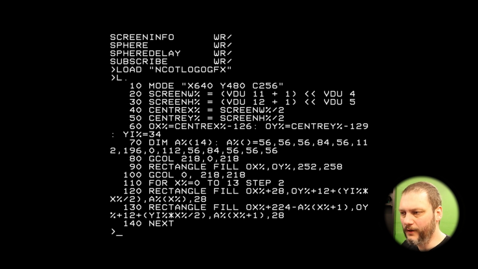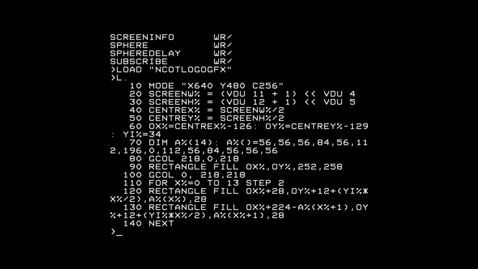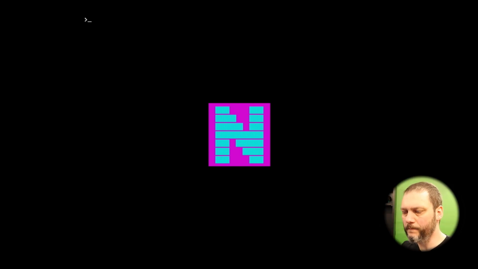And I realised I could define the graphics using an array, and then some code to print out rectangles based on the array. There's a little sneaky for loop in this and stuff, so if I run it, I get that, which is kind of decent, you know, don't mind that. But it's just a static image, really. I could draw that in Photoshop in 20 minutes, so I don't get why I need to have it written in code. It doesn't look very interesting. I want something a bit more creative.